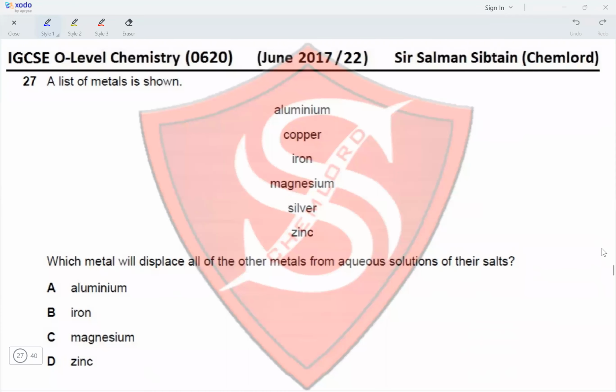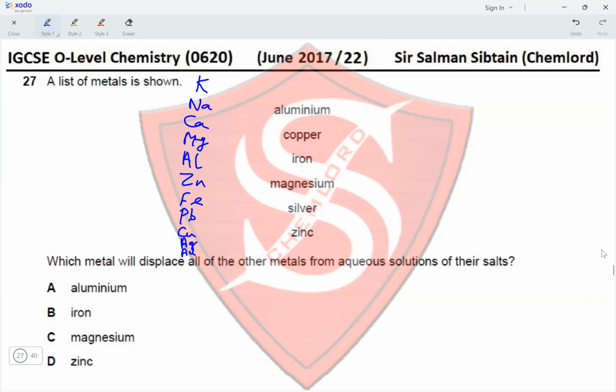Question 27. A list of metals is shown: aluminum, copper, iron, magnesium, silver, and zinc. Which metal will displace all the other metals from the aqueous solutions of their salts? So according to the reactivity series, the order is potassium, sodium, calcium, magnesium, aluminum, zinc, iron, lead, then comes hydrogen, then followed by copper, silver,